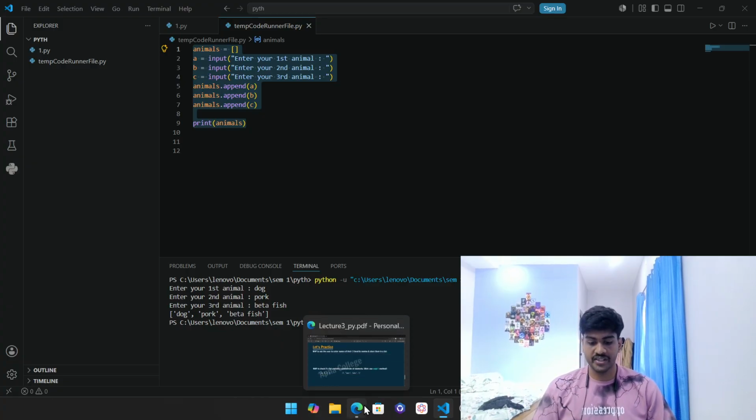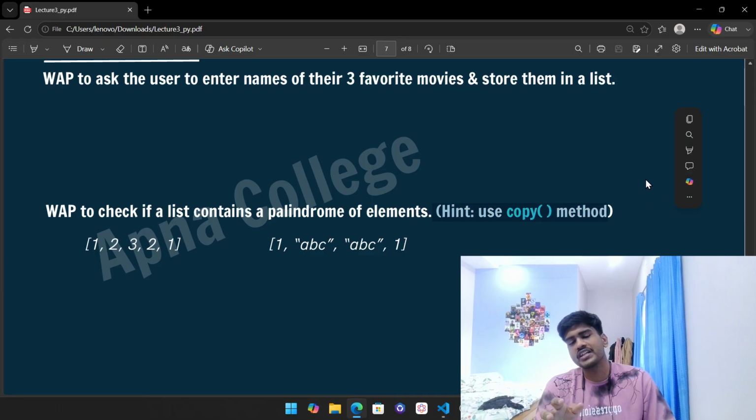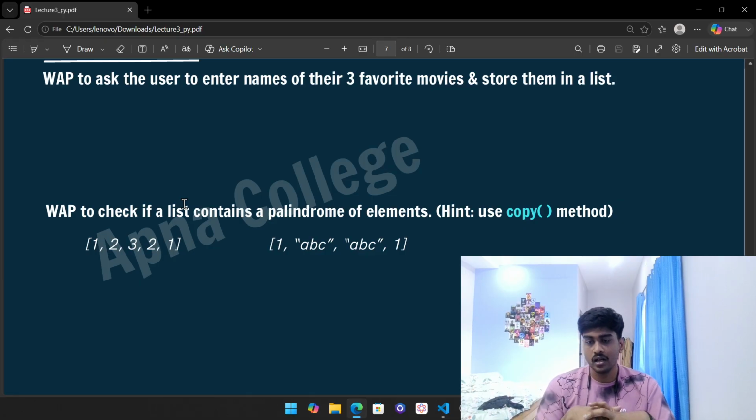Okay, so this question has been done. Now the next question is: check if the list contains a palindrome element. Hint: use the copy method. You can either use this or there's an easier method to find whether something is a palindrome or not. That is much easier. What does palindrome mean? If you read something from the right hand side or the left hand side, it would be the same. For example, ma'am,